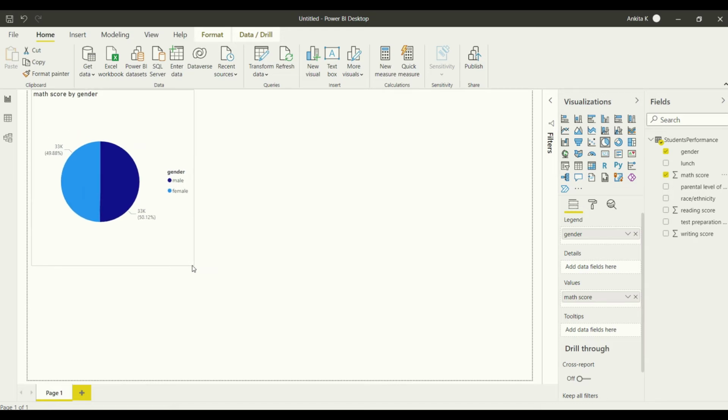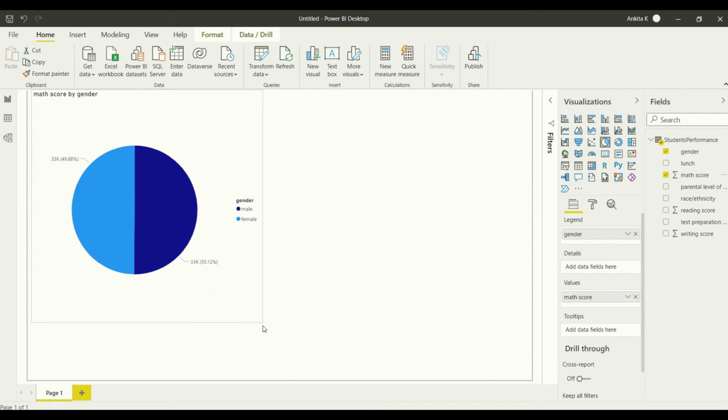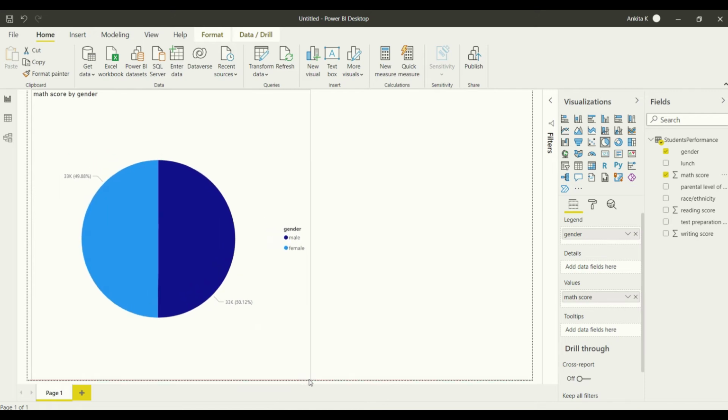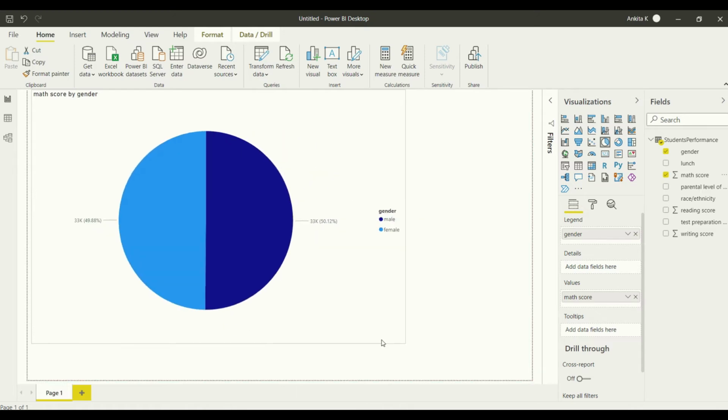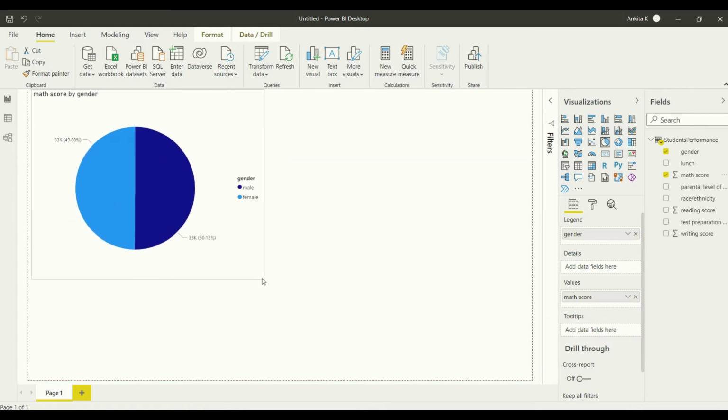So this data, I can just drag it up, and the area whichever it can cover is visible. That way I can resize this particular chart. And here you can see that it seems to give us that the total math score for all the females is this much, which is almost equal to the total math score of males. So it looks like females and males have got almost equal amount of math score, which looks good.